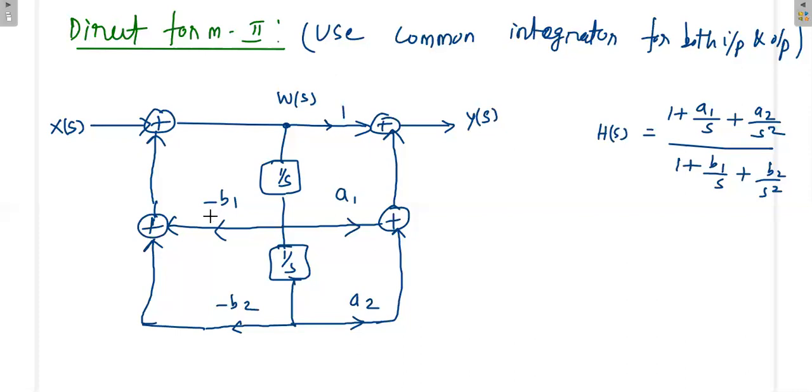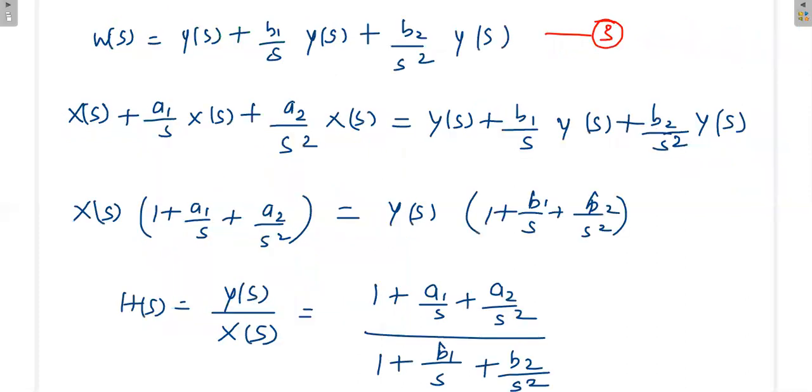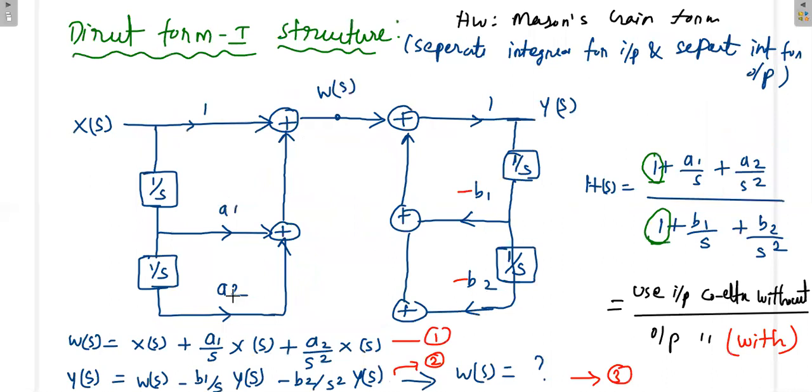And one more thing you can visualize here, the direction is also changing. The gain here is going in this direction, but in direct form 2 it will be going in the opposite direction, like this. Similarly here also the gain is going towards the left direction, whereas in direct form 2 it will be going towards the right. So these are some simple changes. You bring this coefficient here, this coefficient here, again there will be some direction change. You bring this integrator as a common. So finally we'll get the direct form 2.